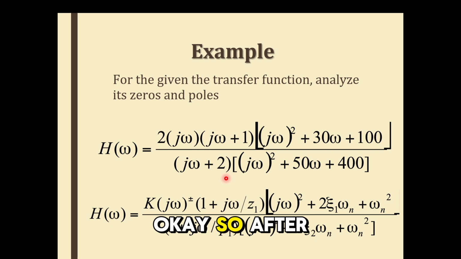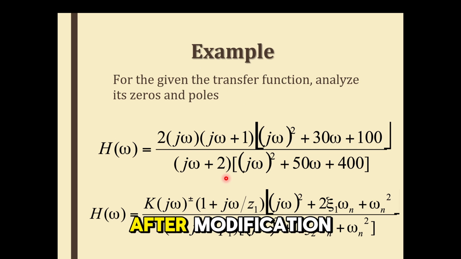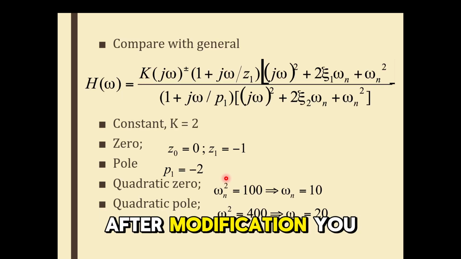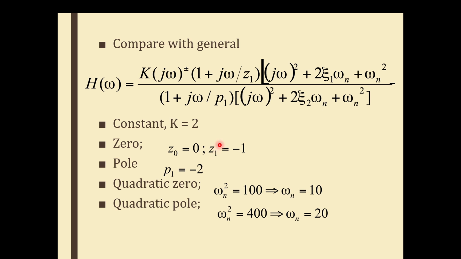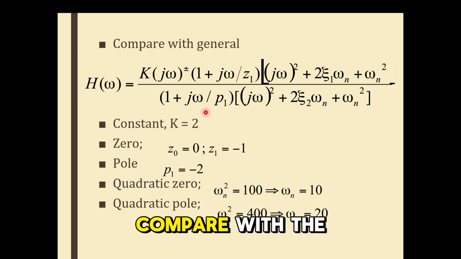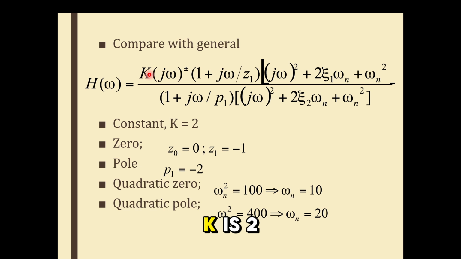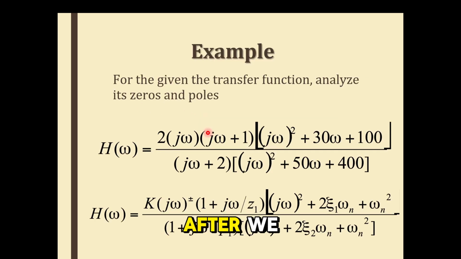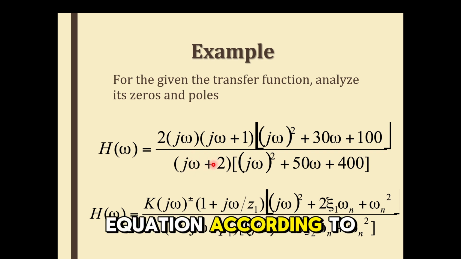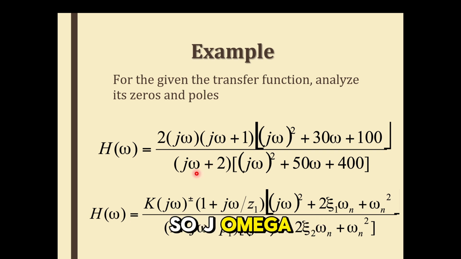Okay, so after the modification, you can see that this is after modification. This is before modification. After modification, you see that it's actually just compared with the general standard form. So K is 2, and the p is 1 over 2, as I told you here, after we modify the equation according to the standard form. So j omega over 2 plus 1, so over 2 is the p1. Okay,